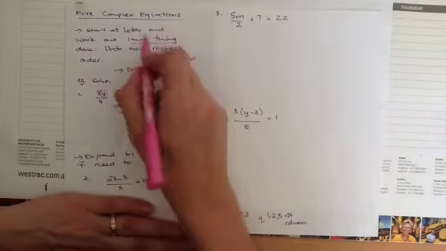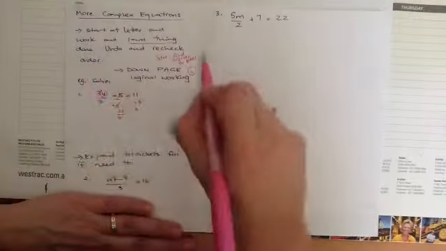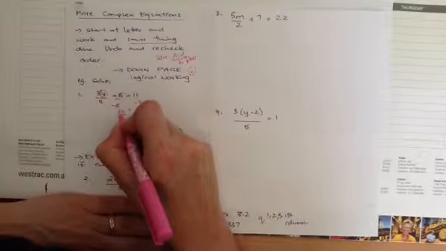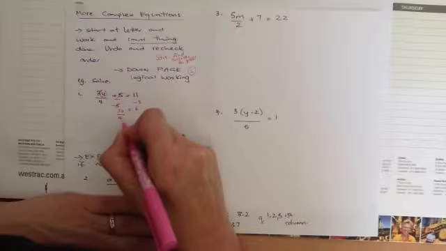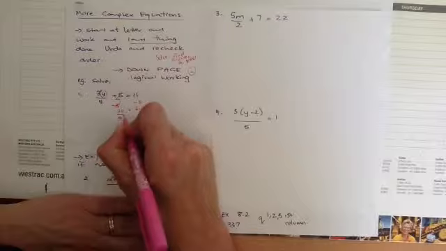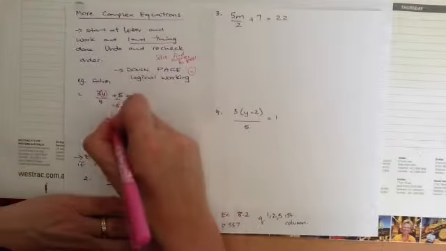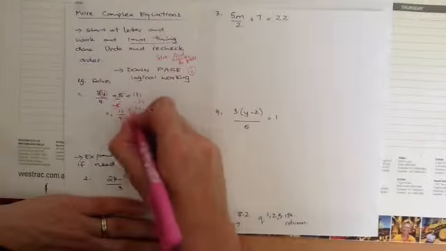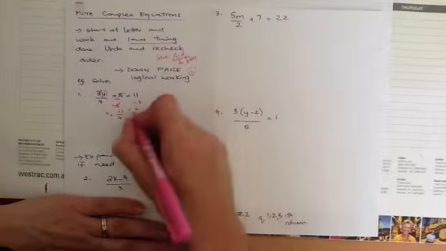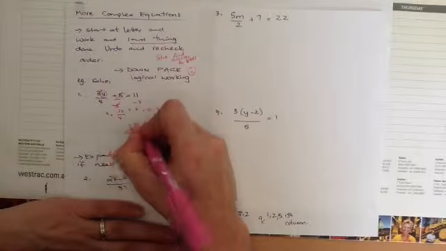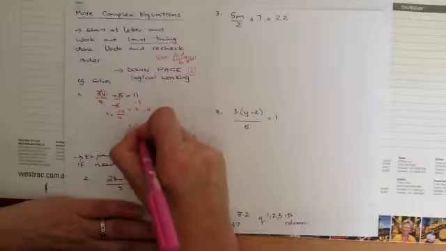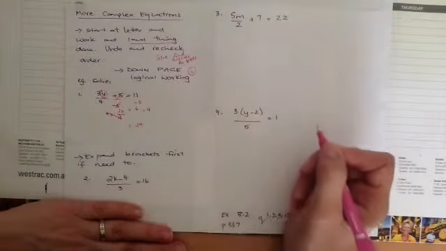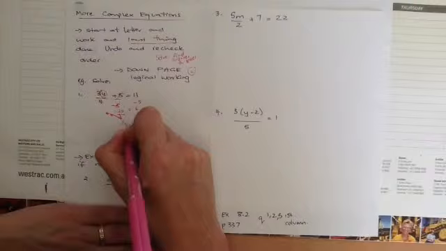Let's go back to the letter again. Remember to start at the letter and keep working our way down. What happened to y? It got times by 3. What happened next? It got divided by 4. So the last thing we did was divide by 4. The opposite of divide by 4 is times by 4. What you do to one side, you've got to do to the other. Line up your equal signs down the page underneath. 6 times 4 is 24. The divide by 4, which is the fraction line, and the times by 4 cancel out, and I'm left with